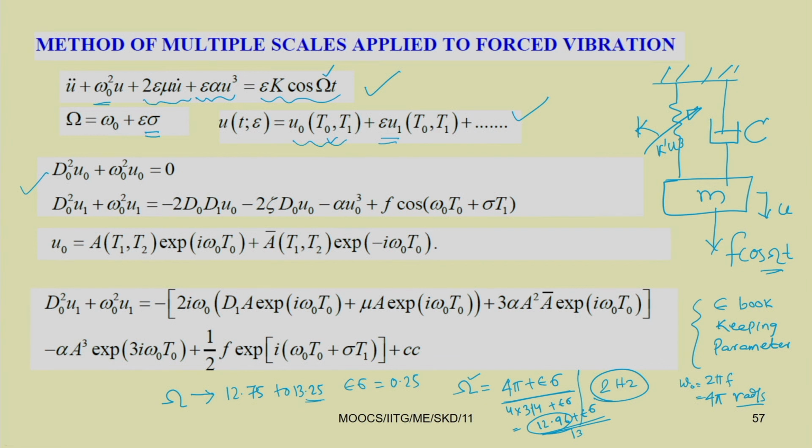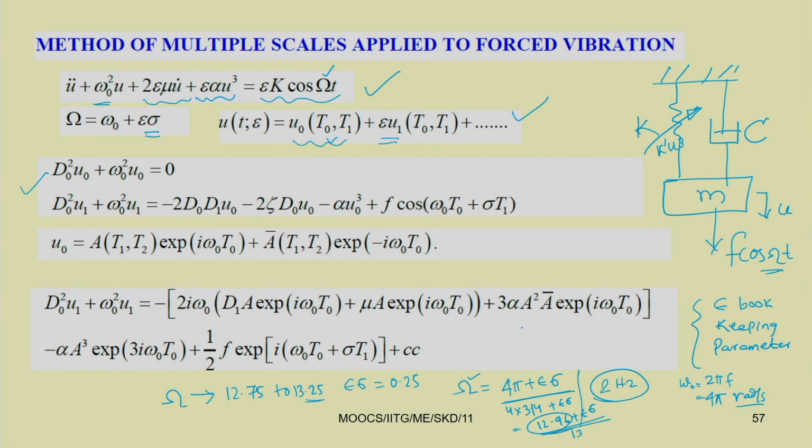As we are studying this forced vibration, our steady state response cannot be 0. For that purpose we take a non-zero value of u0. That is why we put u0 plus epsilon u1, instead of epsilon u0 plus epsilon square u1. Now the first equation becomes d0 square u0 plus omega 0 square u0 equal to 0, and the second equation becomes d0 square u1 plus omega 0 square u1 equal to minus 2 d0 d1 u0 minus 2